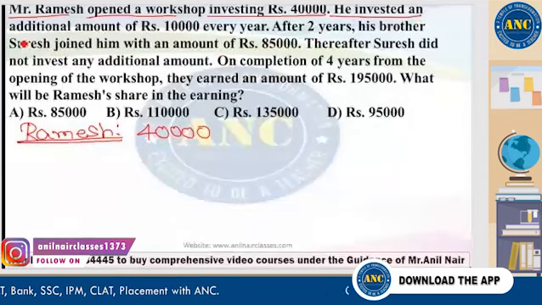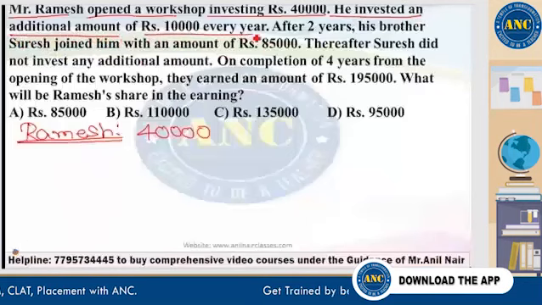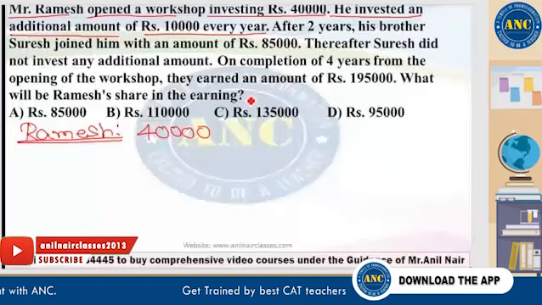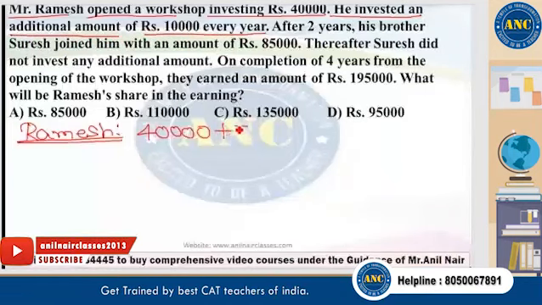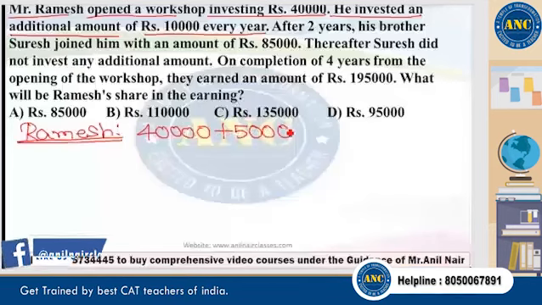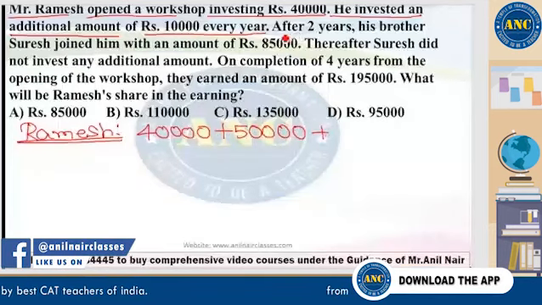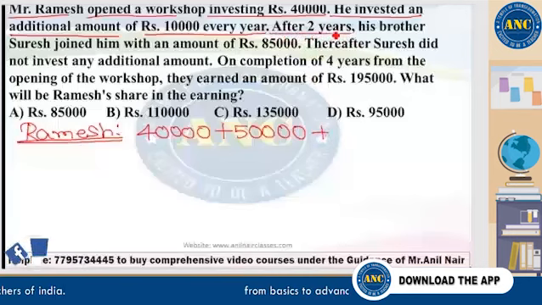He invested an additional amount of 10,000 every year. That means first year invested 40,000. Second year invested additional 10,000. That means he invested 50,000. Now 2 years are over. After 2 years,